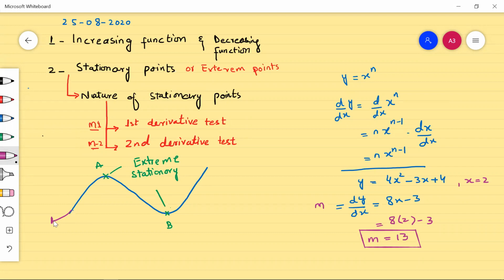It starts from here, and here it is increasing with the passage of time, or when you increase on the x-axis, the function is increasing up to point A. So in this interval, the function is increasing. How can we express that the function is increasing? It means that f(x) is increasing in this interval from this purple point to point A.